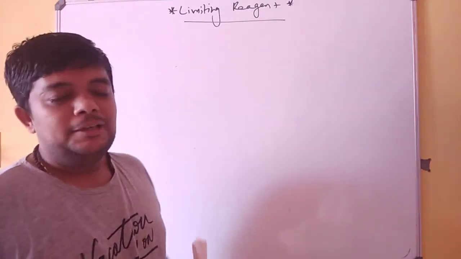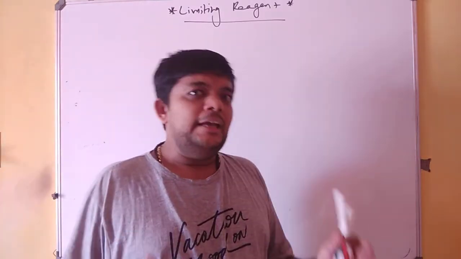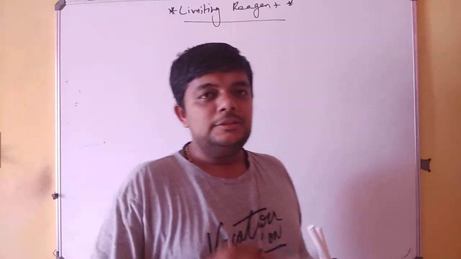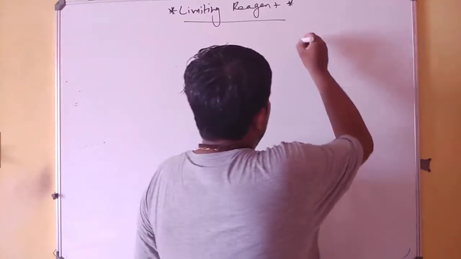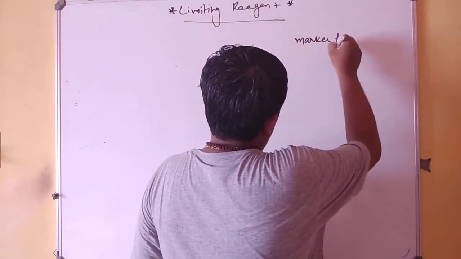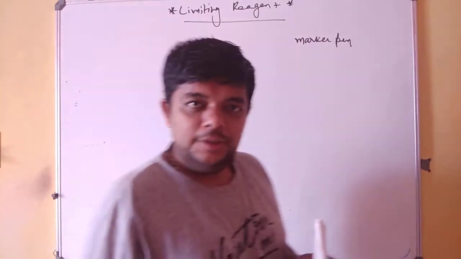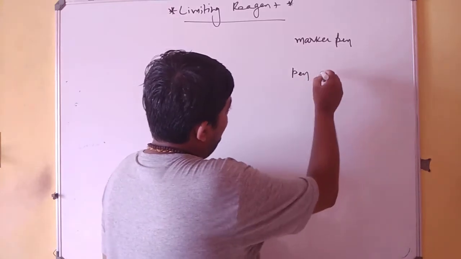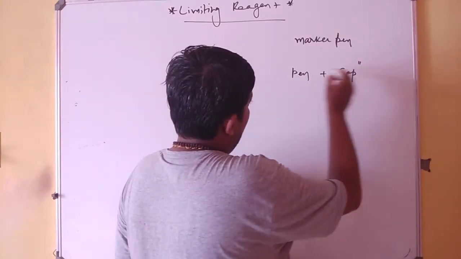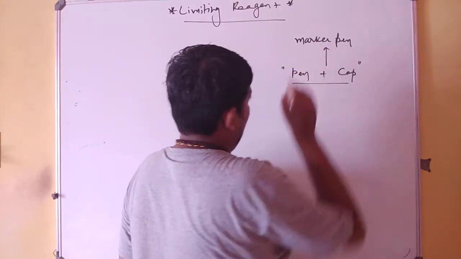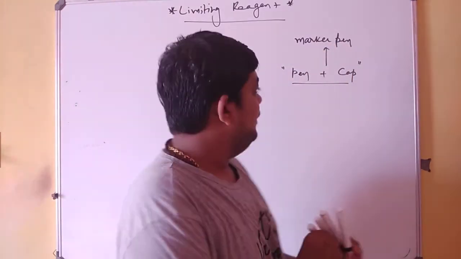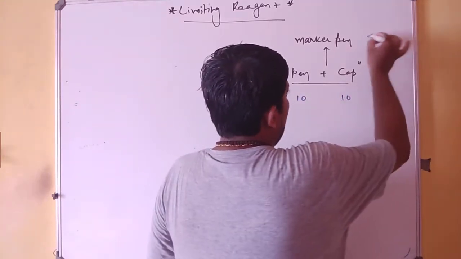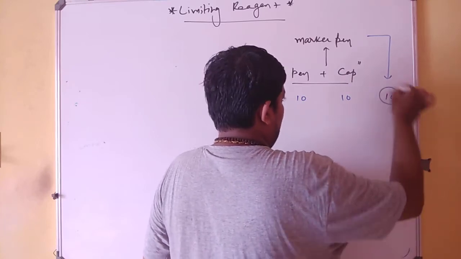Before I start with this topic, limiting reagent, let us take a simple example which is far away from chemistry. Let us talk about this marker. We call it a marker pen, and if I look into it, it is fundamentally in two different parts, a pen and a cap. When this pen and cap combine, it becomes a marker. Let us assume that we are having 10 pens and 10 caps, then I'm quite sure that we will come up with 10 markers.